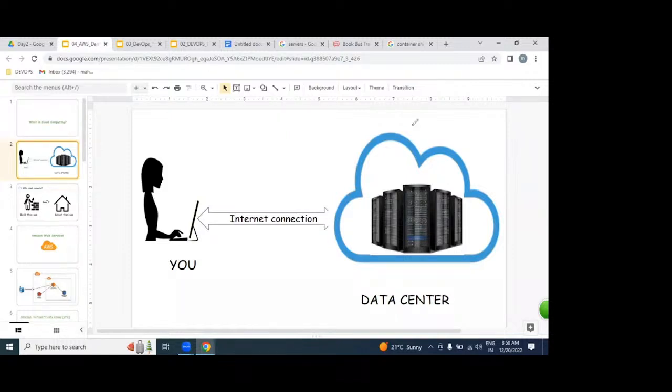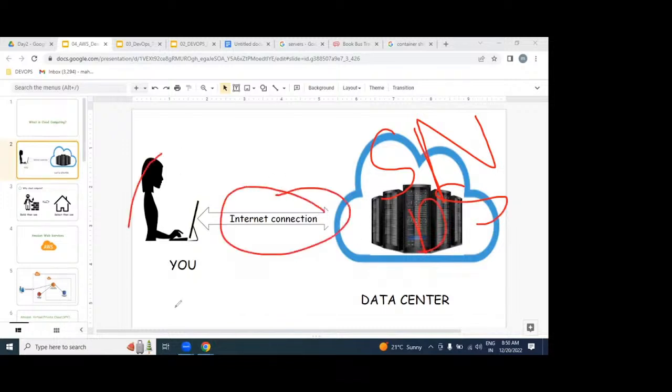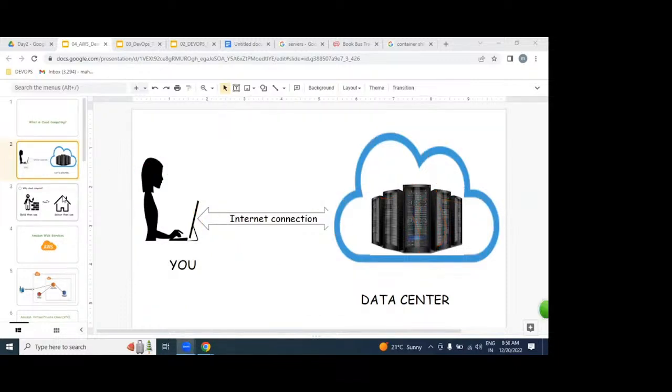So the remote placed resources, any infrastructure, either servers, network, storage, databases, if we are able to access them over the internet from a laptop, that is nothing but cloud computing. Any cloud, either Azure, Google, or any cloud, is rental-based resources only. We are not buying anything. We are going to get infrastructure on a rental basis,